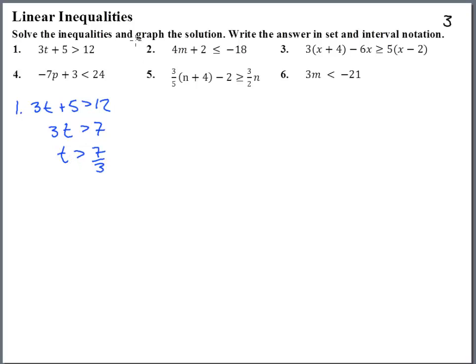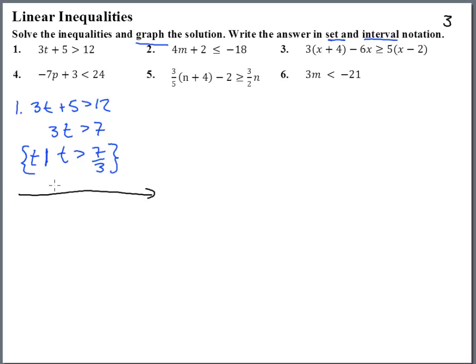Now we have been given 3 instructions: to graph, to write in set notation, and interval notation. So the first thing we're going to do is write it in set notation. Put a little colon. Sometimes people put a straight line there. We'll use either one of those. And then these braces to let you know that it is the set of all t such that t meets these conditions. Really, this is the meat of the solution, and this other stuff is kind of dressing to make it look nice. So we now do a graph,